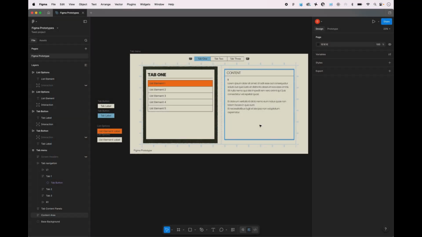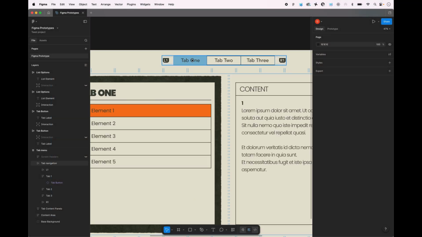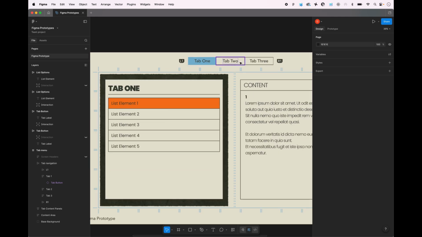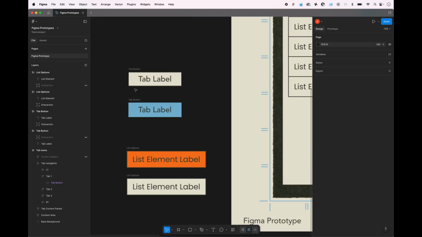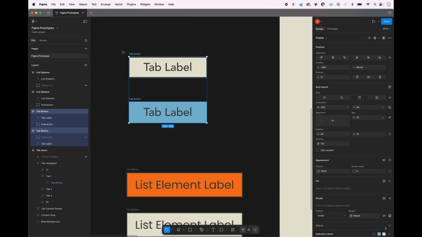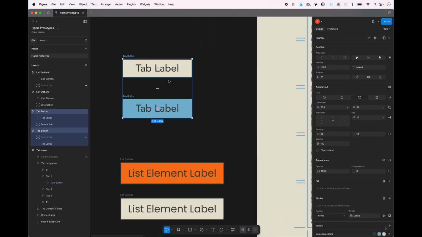Okay, let's start by doing the tab navigation here. My first task is to be able to navigate from tab 1 to tab 2 and then to tab 3. We have a little bit of a problem which I'm going to show you first, but let's set up our components. I'm going to set up my tabs here,